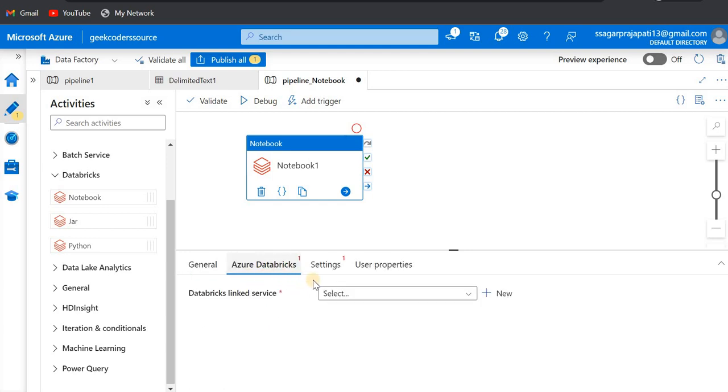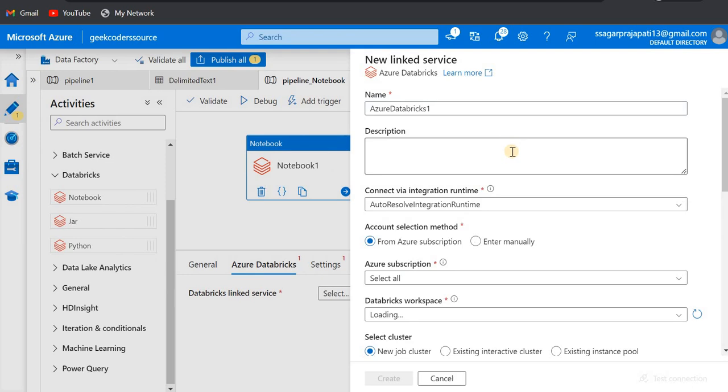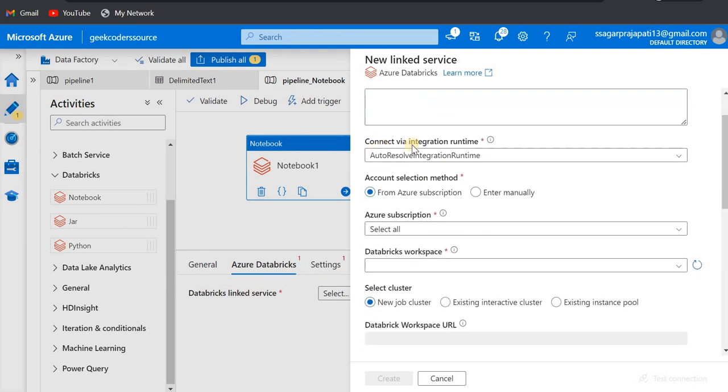Okay, now if you click on this Azure Databricks, first you have to choose the linked service. Since we do not have a linked service, we have to create it. How can we create it? Click on it and connect via integration runtime. So we will use the auto resolve integration runtime, the Azure one, because Azure Databricks is hosted in the cloud environment,